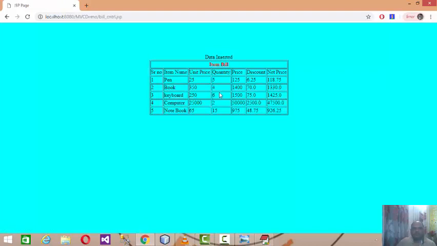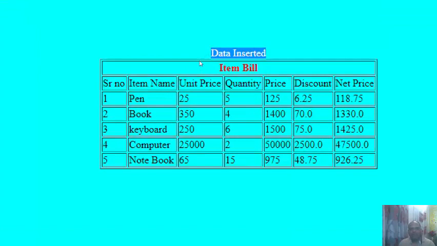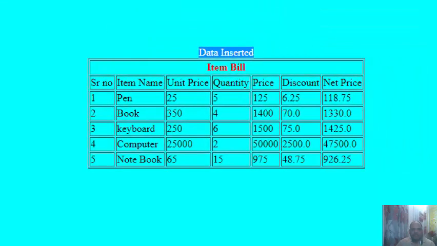After submission, the data goes to the controller page and it prompts me that data inserted, meaning the data was successfully inserted into the database, and it populates all the data available in the database. Here the fifth entry is my entry, that is notebook with unit price 65, quantity 15.